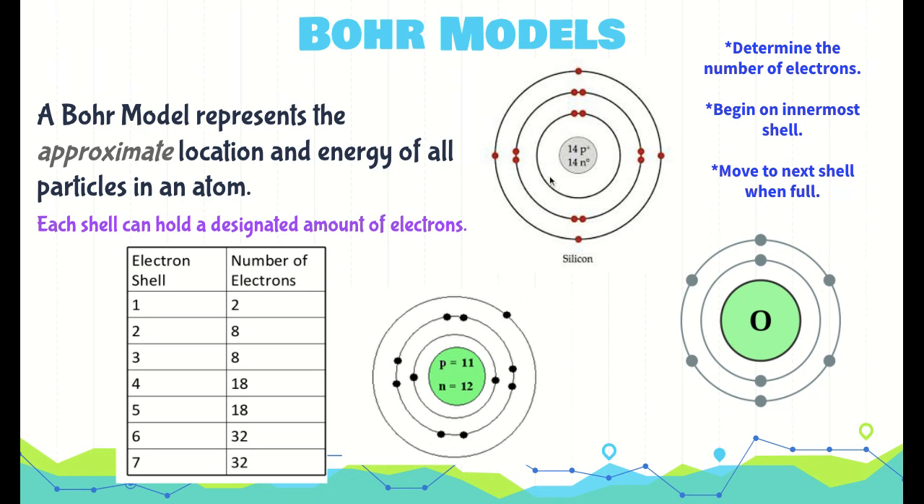So your first electron shell, your innermost orbital here, is going to hold 2 electrons, and that's it. Okay, so if you're drawing electrons on these rings,